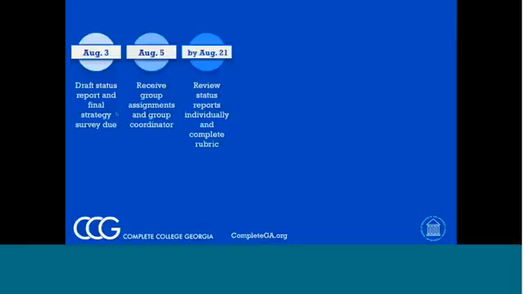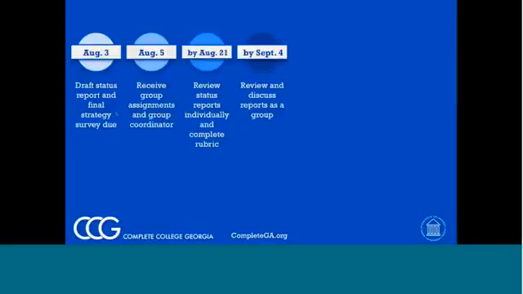By the 21st, that's 2 working weeks, we'd like you to have reviewed those reports and completed the rubric. So take 2 weeks to read, digest, and score the 5 plans in your group, and then by 2 weeks after that, by September 4th, find a time to review and discuss these reports as a group.